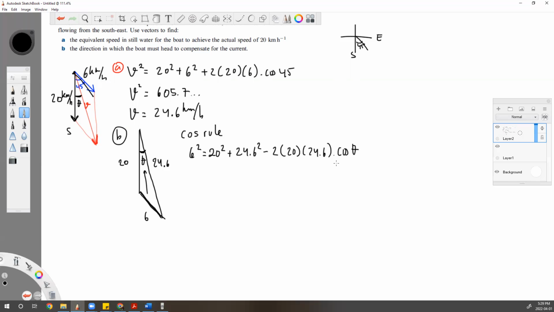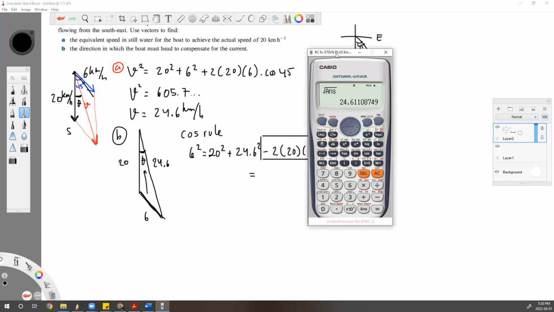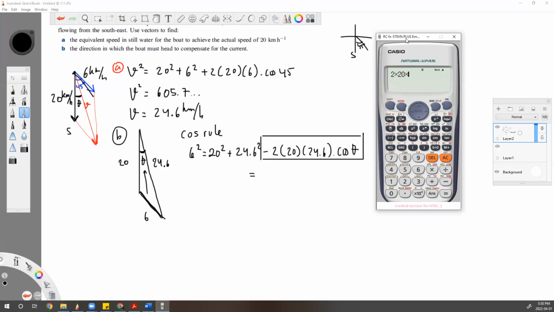So you put 6 square, 36, right? Or just write 6 square minus 20 square minus 24.6 square. This is something to be moved to the left hand side, right? So from negative to positive. Just calculate 2 times 20 times 24.6 times cos theta. We don't know yet. Let it be like this. And 184 cos theta